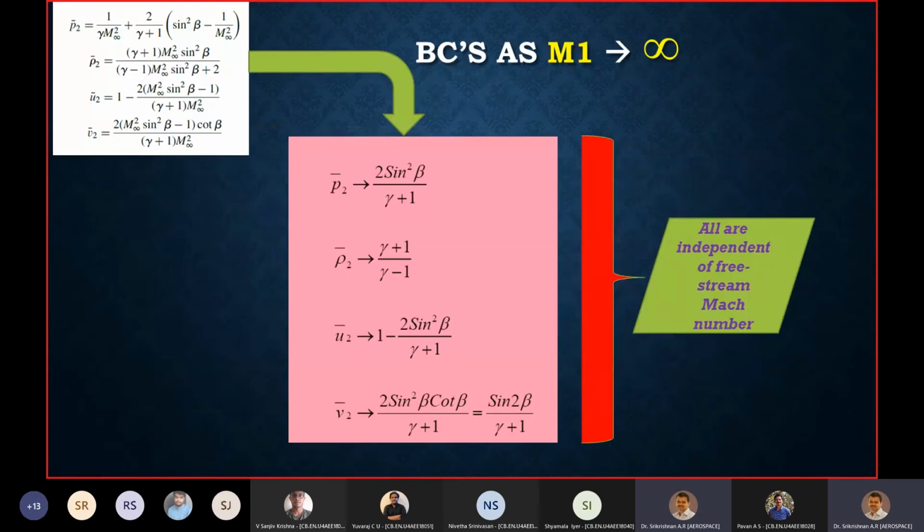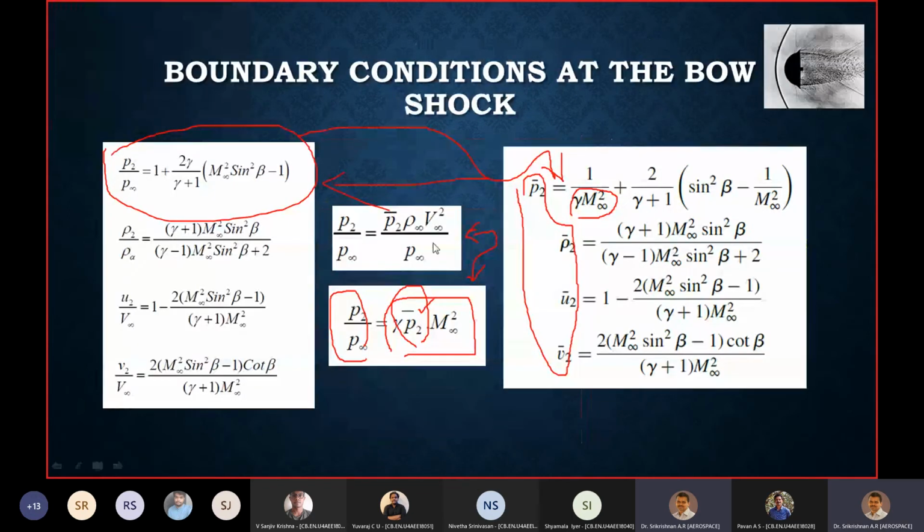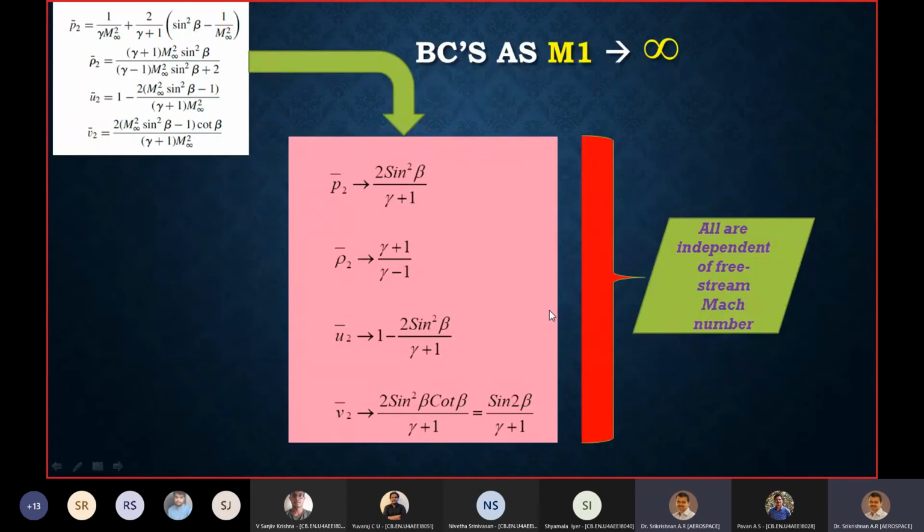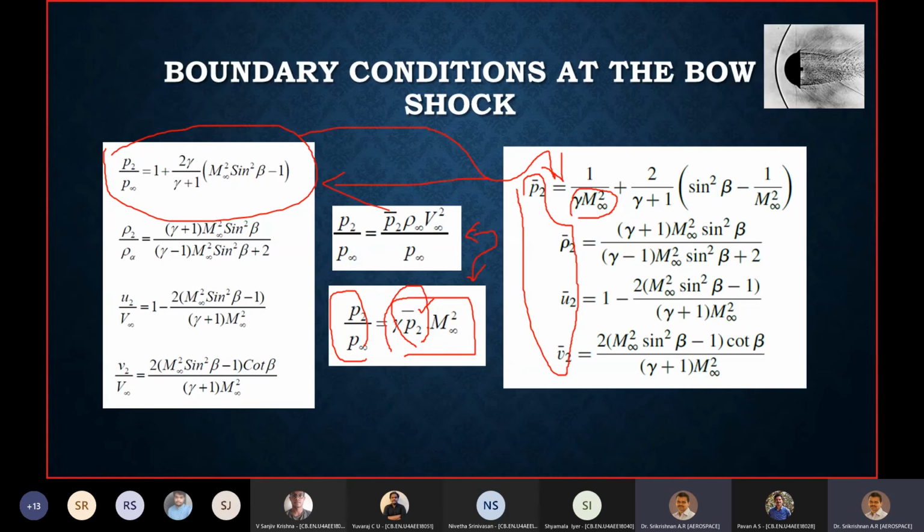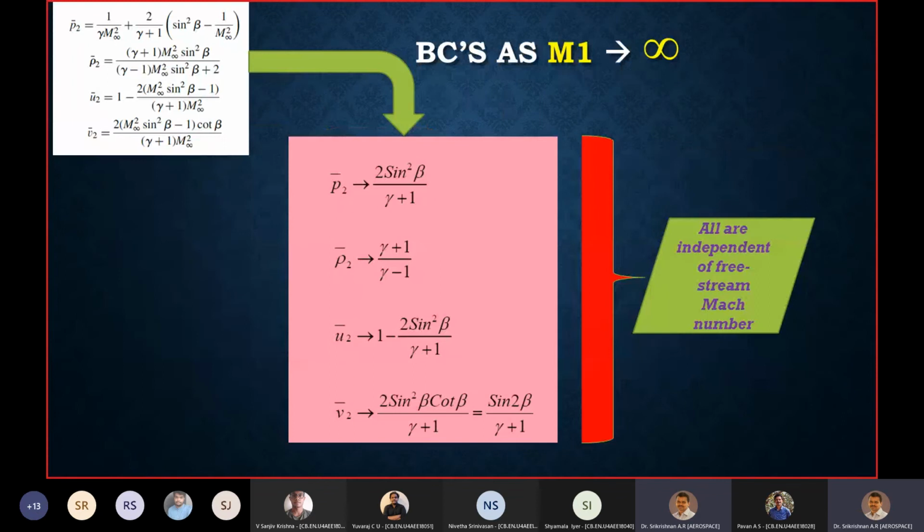Now let's have a closer look at the boundary conditions at the bow shock for hypersonic flow. Whatever we discussed so far is applicable to any domain of supersonic flows. Wherever you have a shock, all this is applicable. But since our interest is in hypersonic flows,